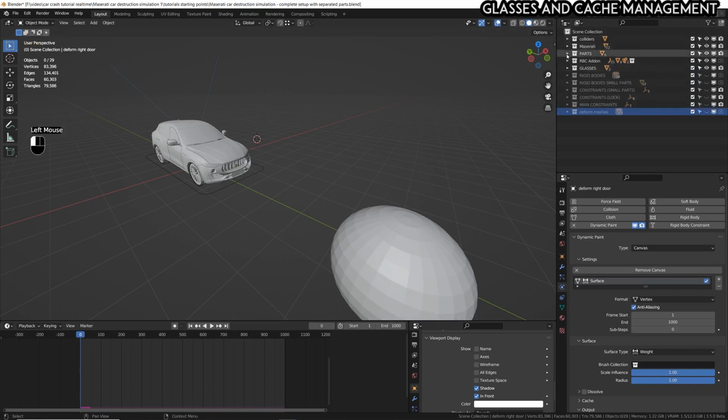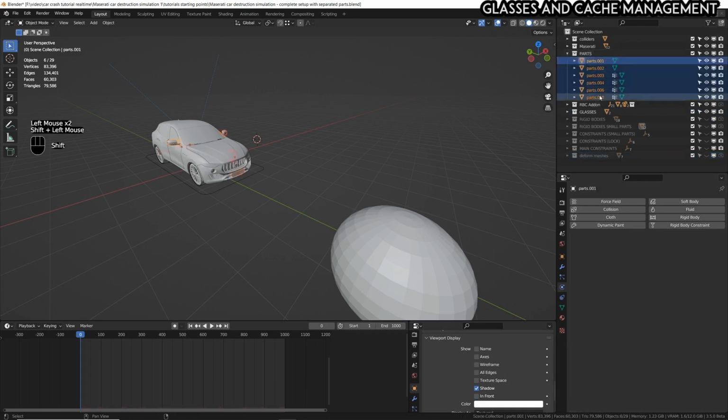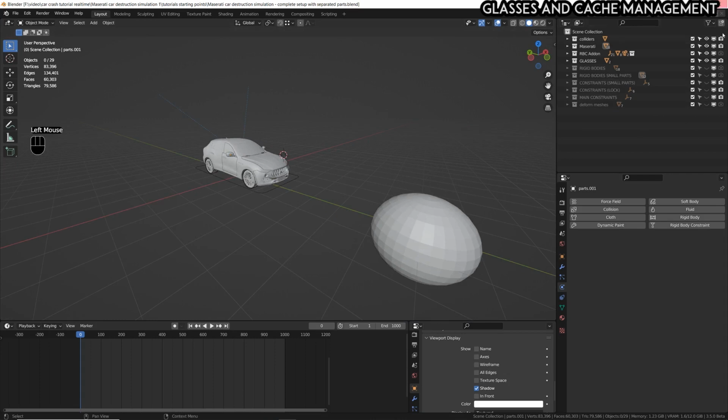And the parts collection, I don't need it anymore, so I'm going to move all the parts objects that remained here inside the Maserati collection. And finally, I can delete the parts collection because I don't need it anymore. Cool. Now we're going to create a new collection by clicking on this icon here and rename this collection Original Particles